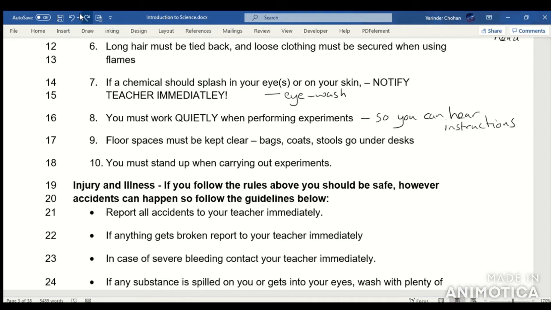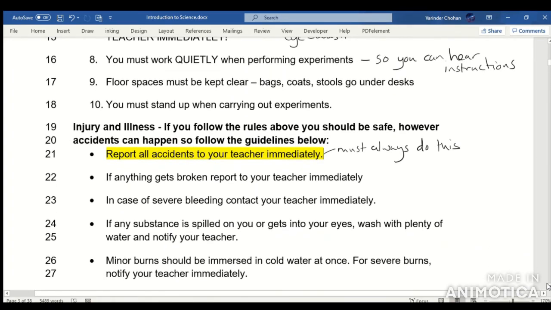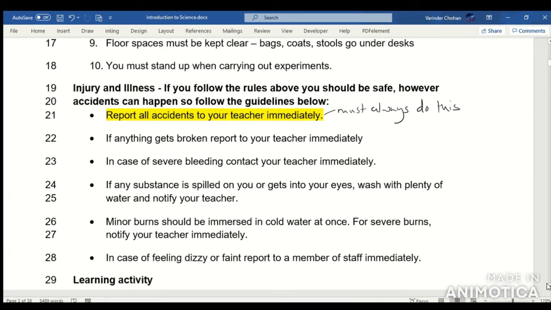Report all accidents to your teacher immediately. No matter how small, you must always do this. If anything gets broken, report to your teacher immediately. In case of severe bleeding, contact your teacher immediately. If any substance is spilled on you or gets into your eyes, wash with plenty of water and notify your